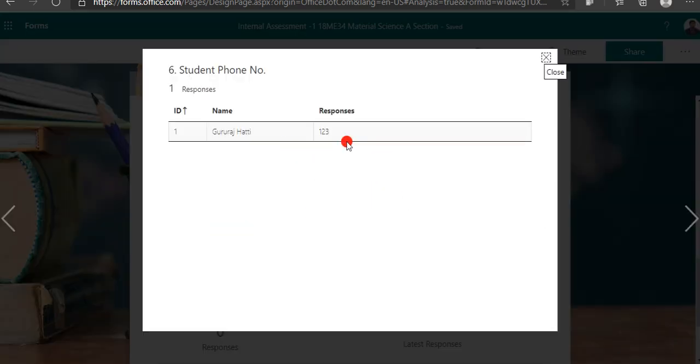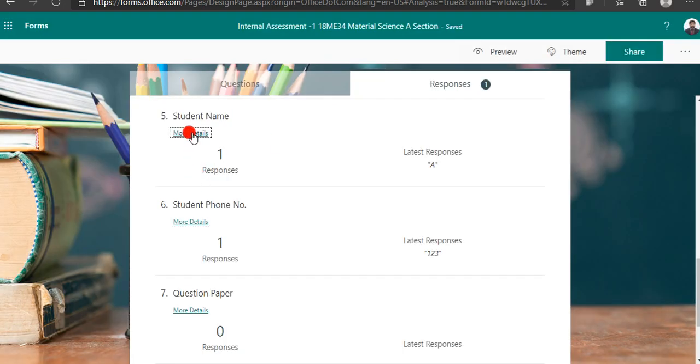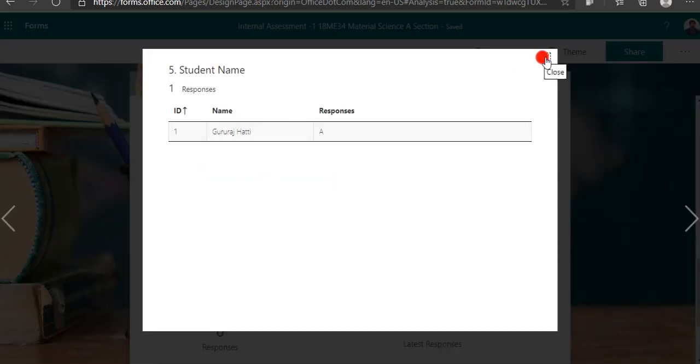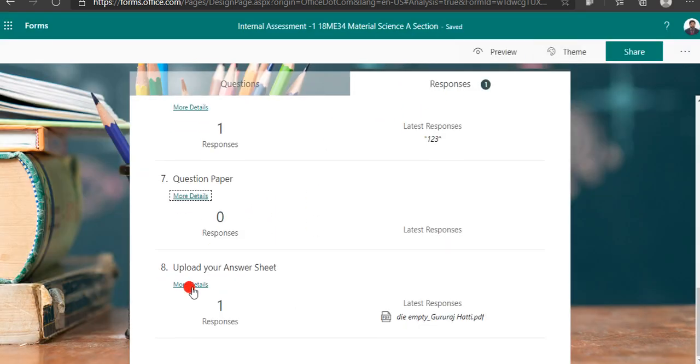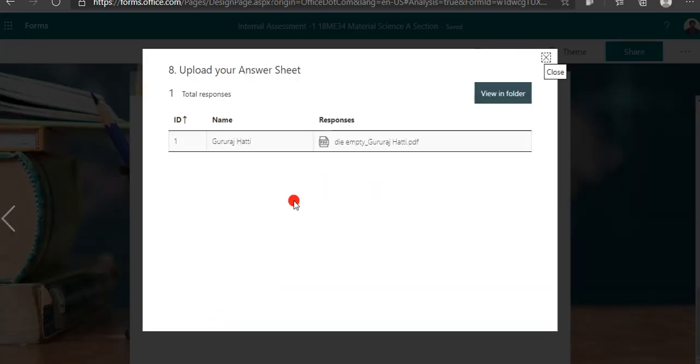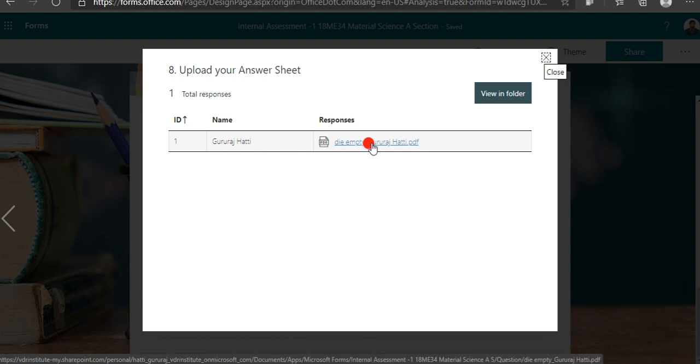You can see in the more details what it is. Here you can see the student name, the name has been taken automatically, then the question paper as I uploaded there, and your details. Whenever the student uploads, you can click on the PDF, or you can view in the folder. The folder has been created.